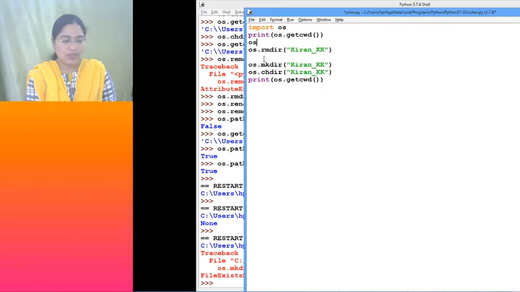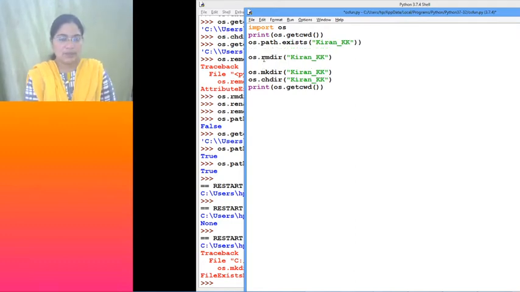So how do we check? os.path.exists. Here we are already in the current working directory, and we can just cross-check by giving the folder name or file name within that.